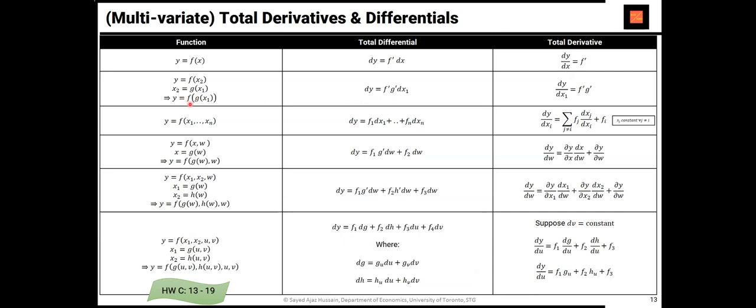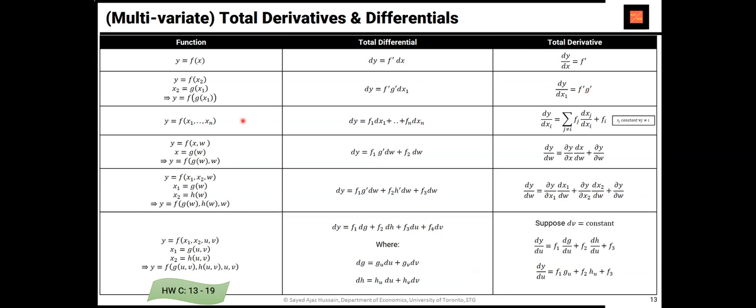So differentiate f with respect to x2, then multiply by the change in g due to x1, that's your g prime, multiplied by total change in x1. So you should really see the intuition behind this, right? First, how did f change with respect to g, and how did g change due to x1, and then what was the total change in x1? And if I now divide both sides by dx1, I of course get your usual classic derivative,